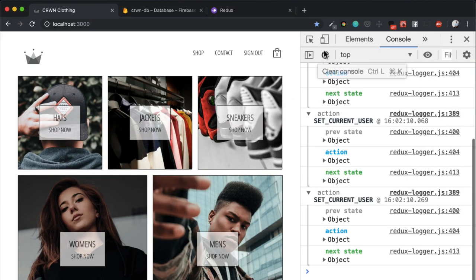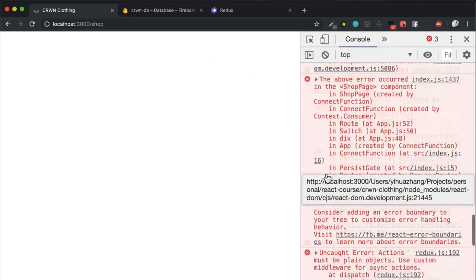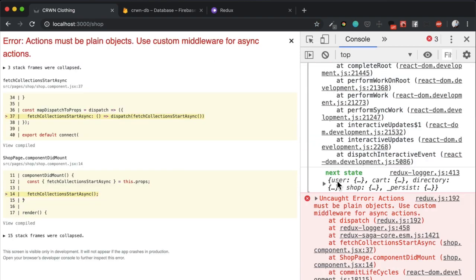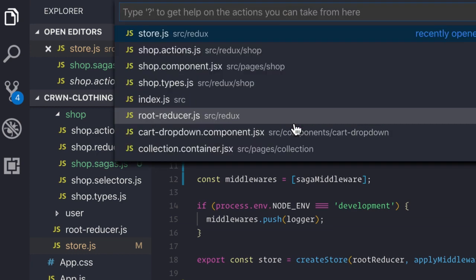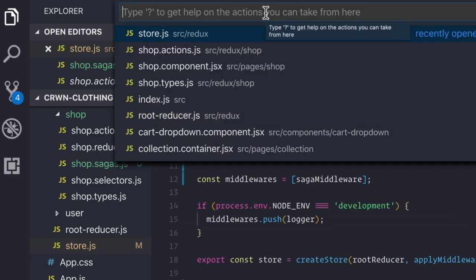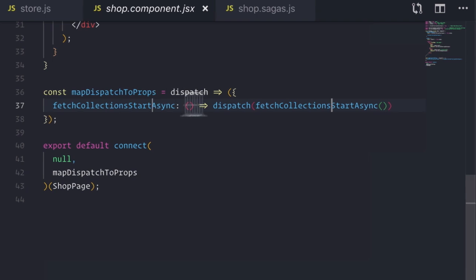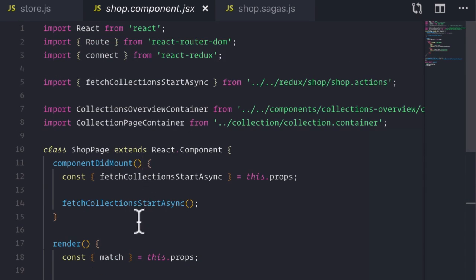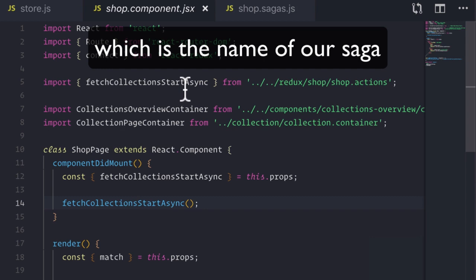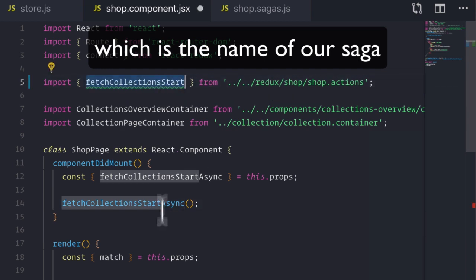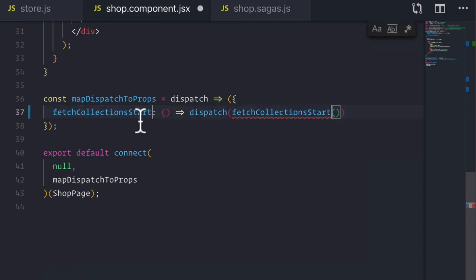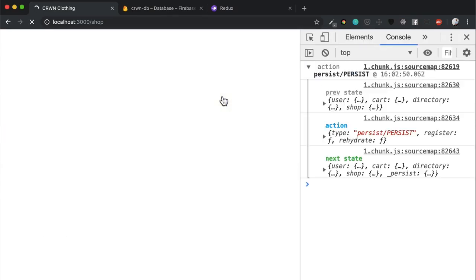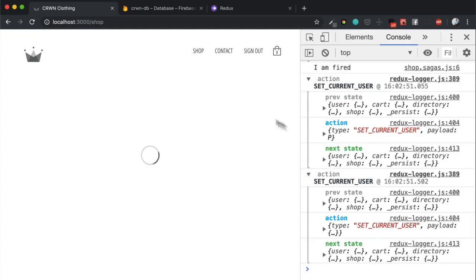open up our console and go to the shop, we will see that, oh right, because we're firing still our async action, right? We removed our thunk middleware. We have to remove our thunk middleware as well. So, okay. Inside of our shop component, let's switch over this fetch collection start async to just fetch collection start. We just want to use our fetch collection start method. And now all that happens is that